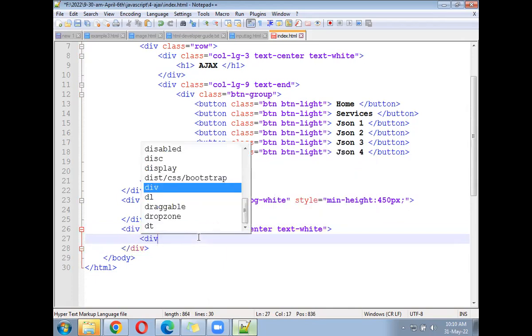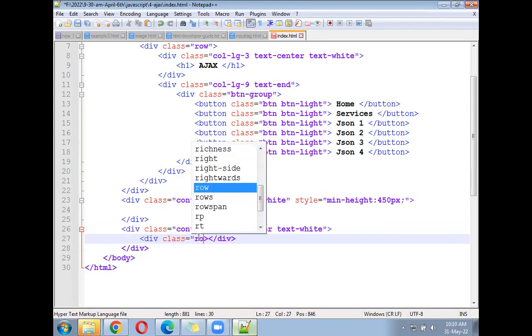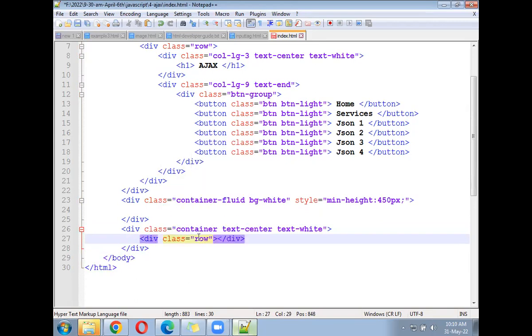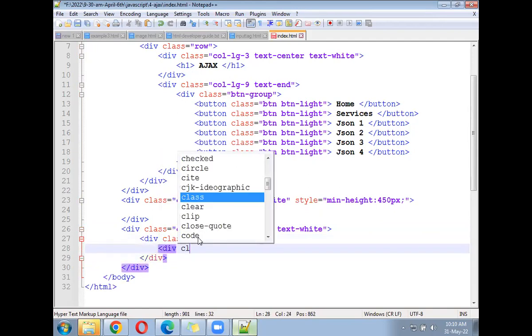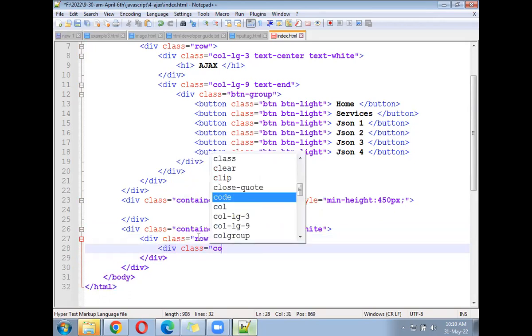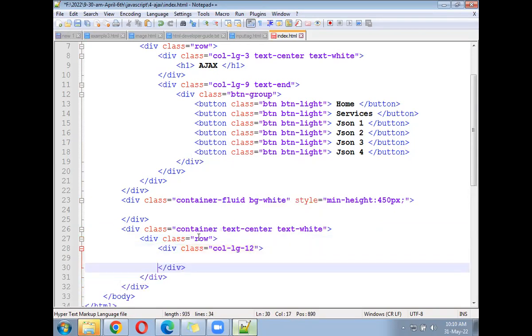Inside division you will follow class equal to row, division you will follow col-sm-12. In the paragraph you will write there